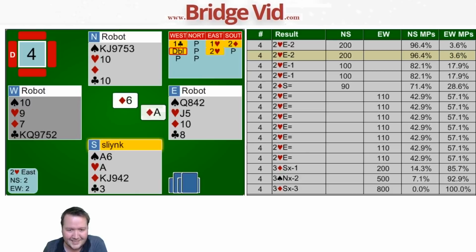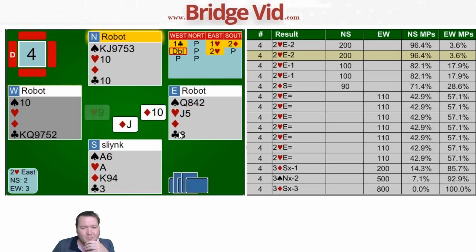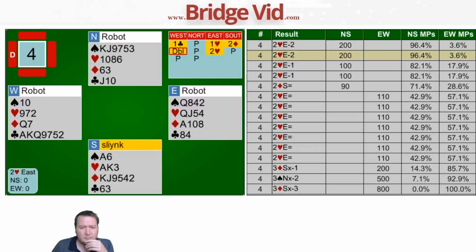won the 6. I won a diamond here, and they're a bit stuck for what they can do. So if they just draw trumps, they're a bit better. But they chose the wrong card, covered, roughed over, roughed, and now whatever happened, they're in a lot of trouble. So yeah,